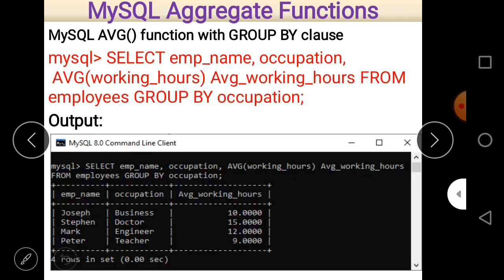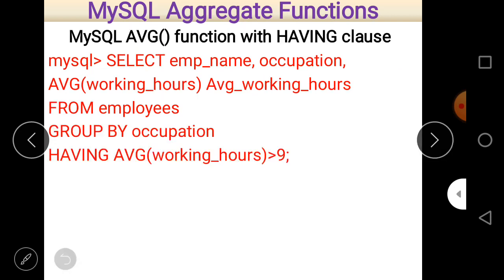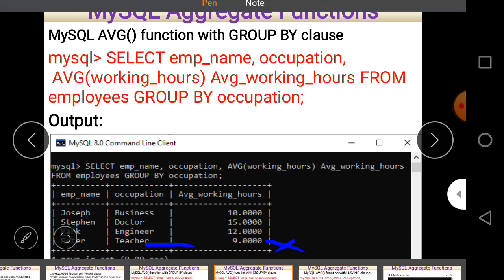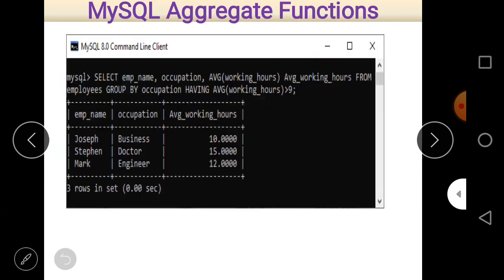You can see this is the output. In the previous case, the average of teacher working hours is 9, and when we mention in a condition having average working hours greater than 9, then that last record or row will not appear in your answer, and that is the answer.